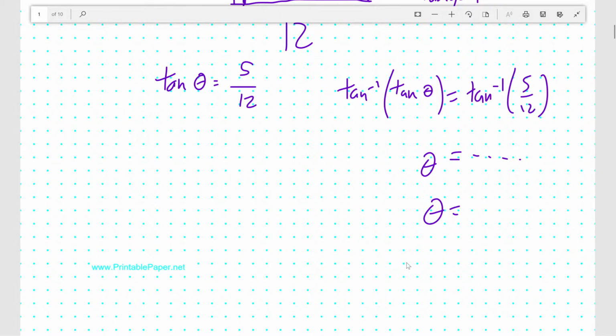On your calculators, inverse tangent will normally be shift and then the tangent button. So tan -1, 5 divided by 12. That's going to give us an angle of 0.395 radians when rounded to 3 decimal places, or alternatively,